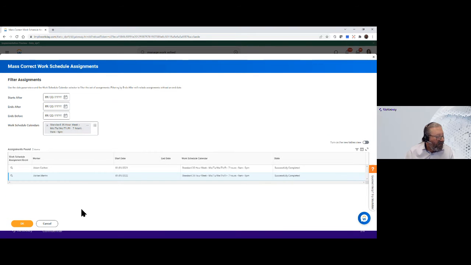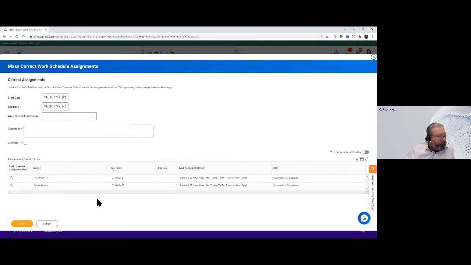So you're only affecting the calendars that are relevant to you. These filters are another way of reducing this list. This is not changing anything here. It's just reducing the list of the population we're going to act upon. So we've got 2 people here now. If I say OK,